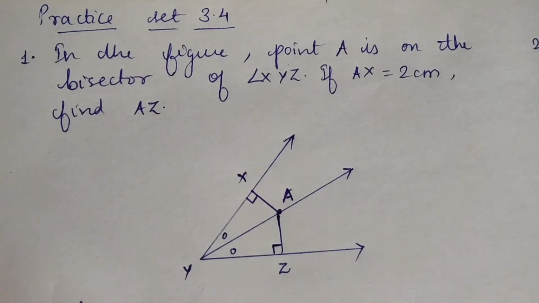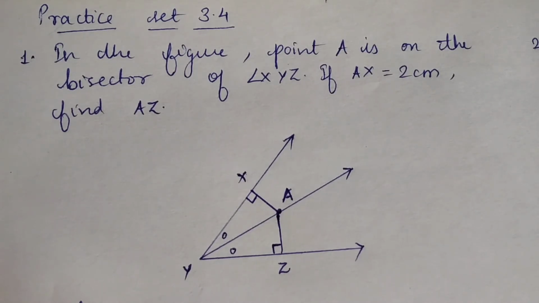Welcome back everyone. So today we are going to study practice set 3.4 of chapter triangles. Now in order to study this exercise, we need to revise a few properties that we have already studied in the previous videos. Okay, so now looking at the first sum, we find that there is an angle and a bisector, right? So we are going to first understand what is an angle bisector property. Okay, and that angle bisector property is going to help us to do this.